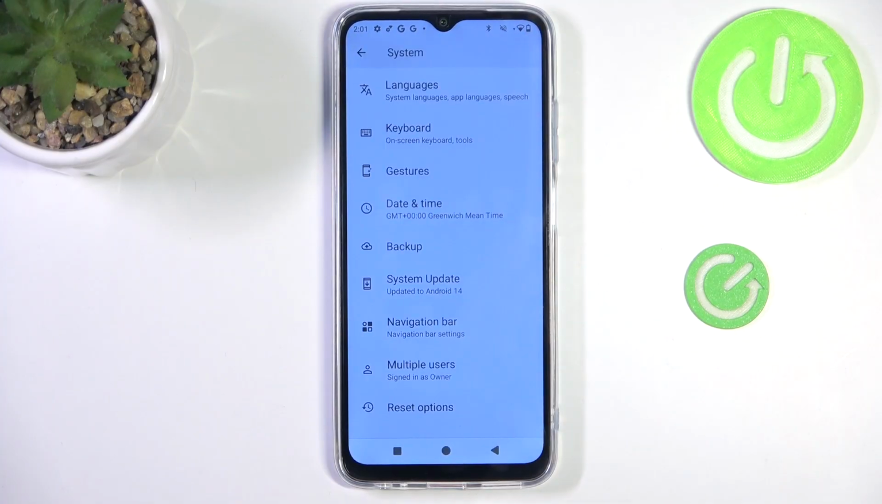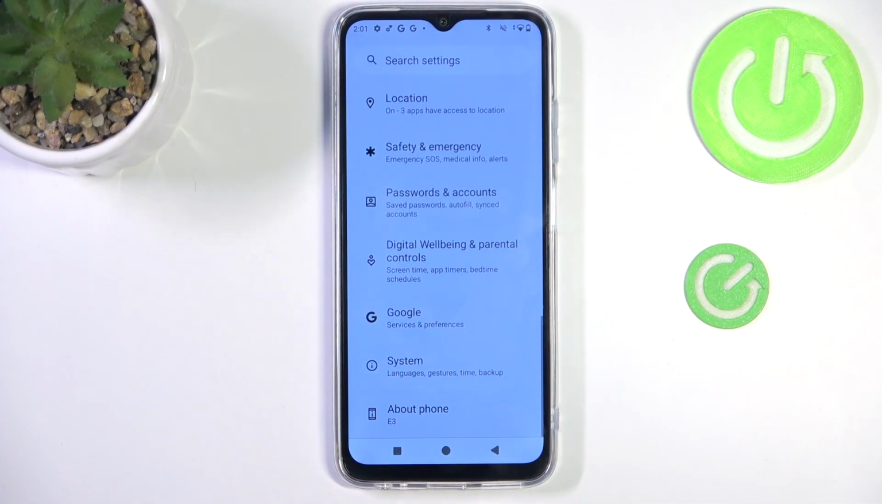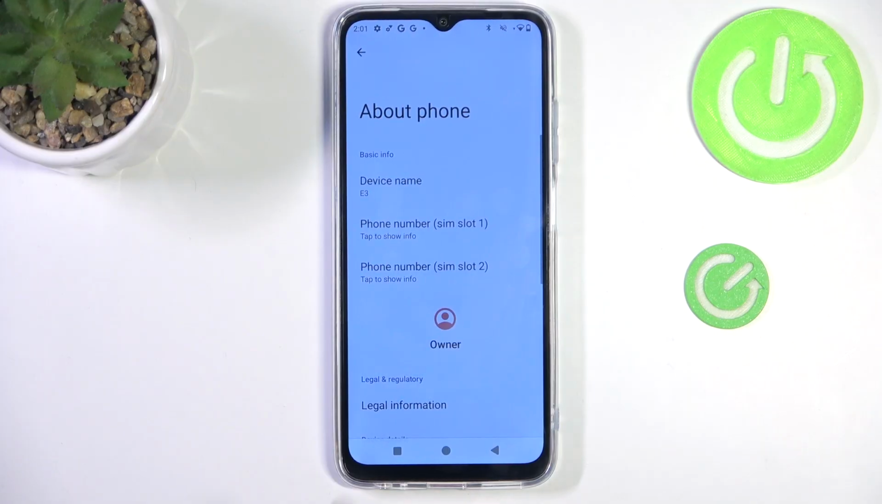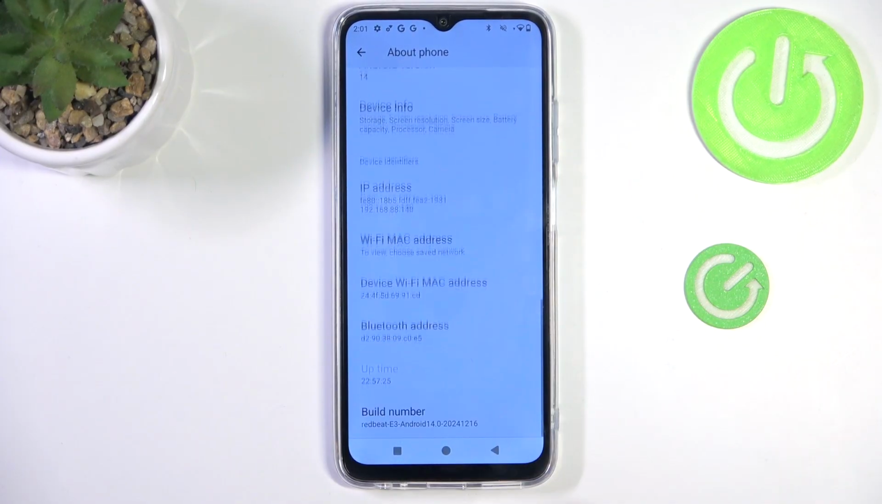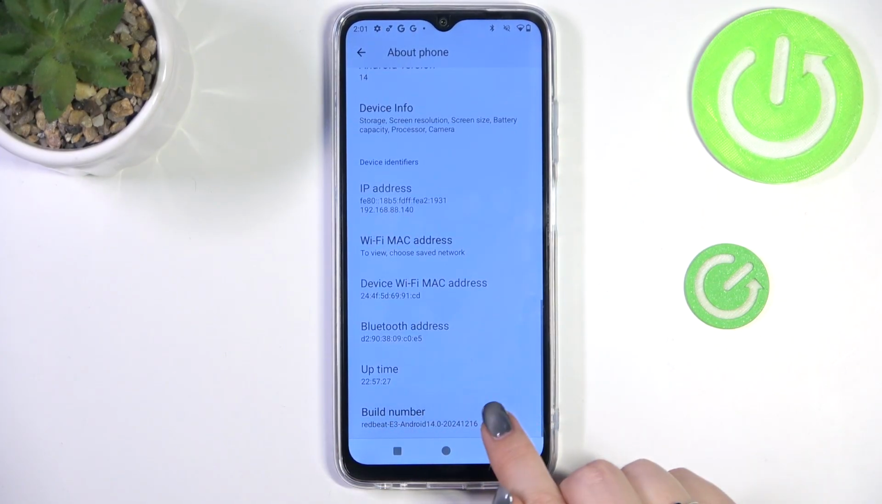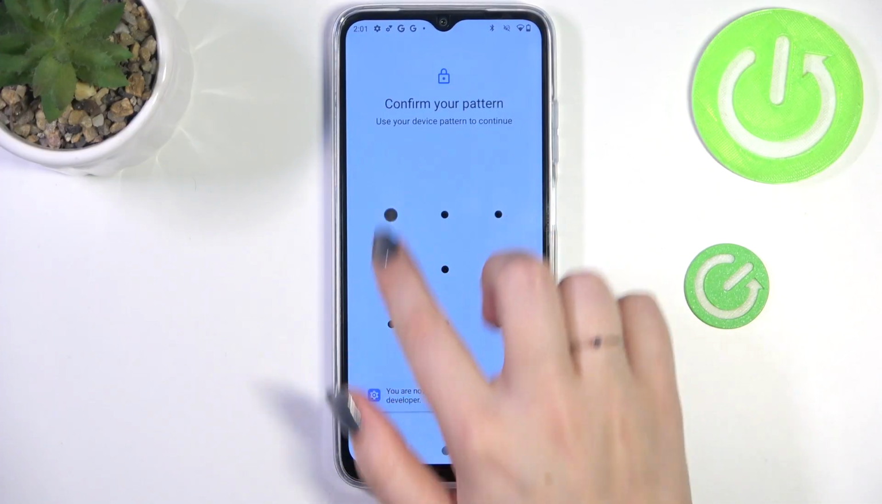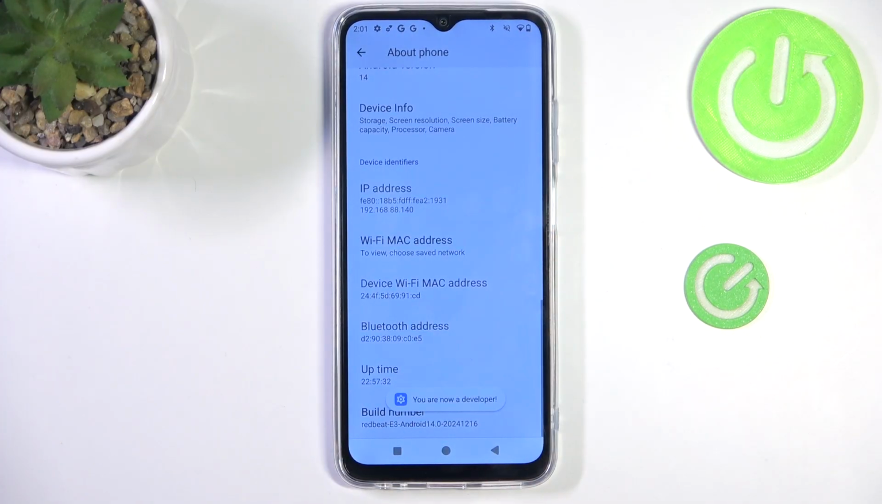So let's start with opening the settings. Here, in this general list, we have to scroll down to the very bottom to find About phone. Now let's scroll down to the very bottom and locate Build number. Now let's keep tapping on it until you see that you're in developer mode